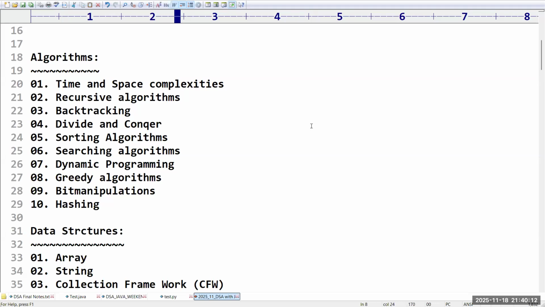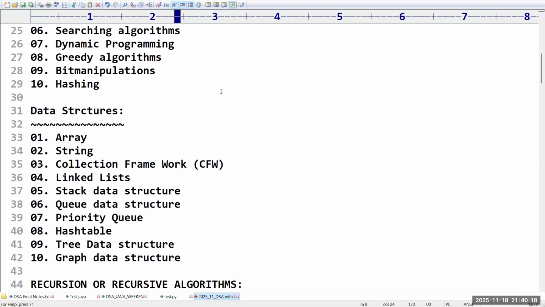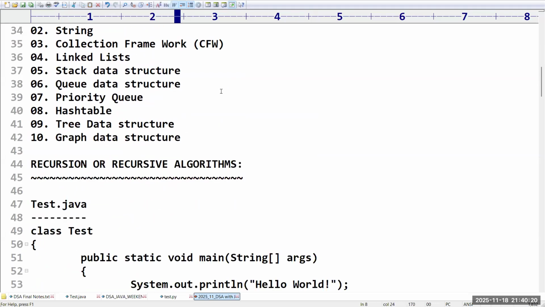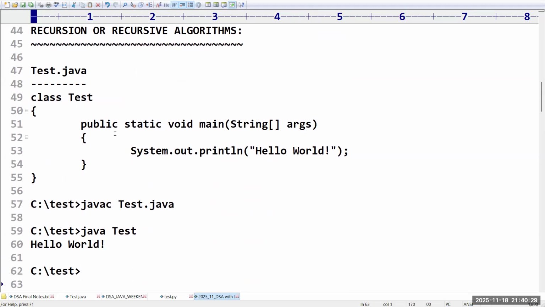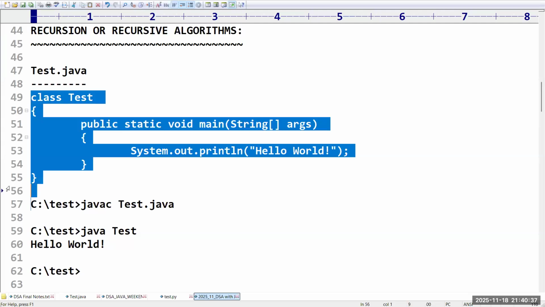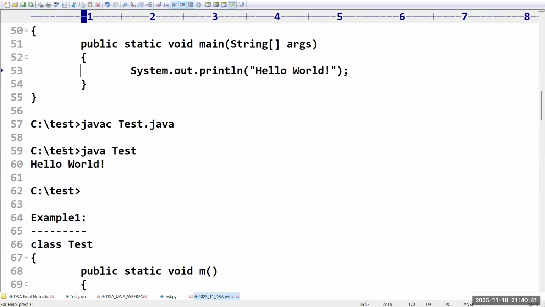When we should go for algorithms, what kind of scenarios we have, and the divisions of data structures, I explained very clearly in our previous classes. In the last class, we started recursion, also called recursive algorithms. At the very beginning, I explained by executing a simple Java program.